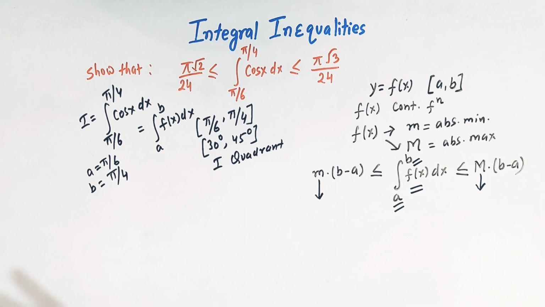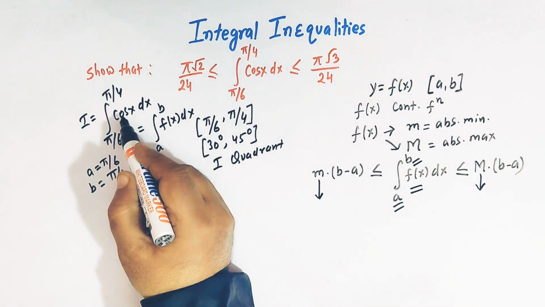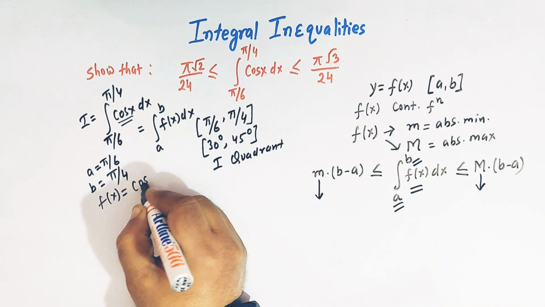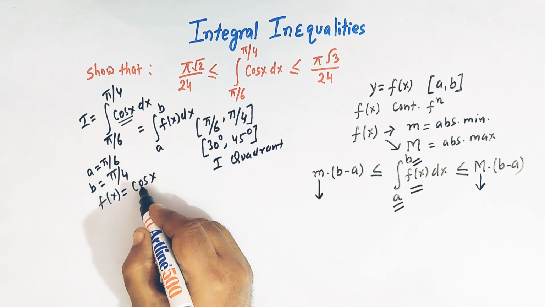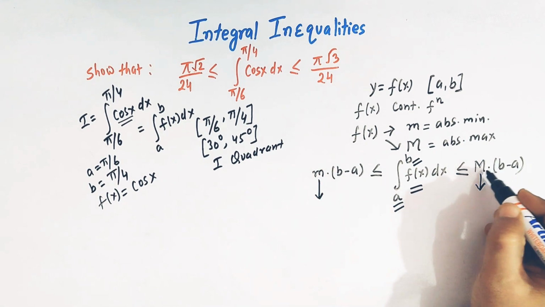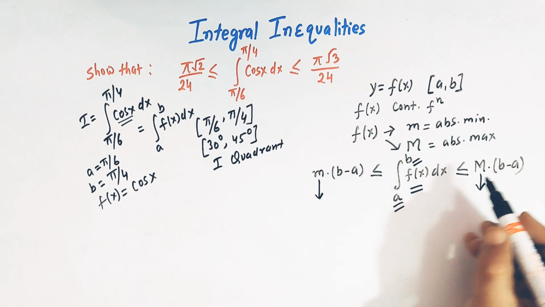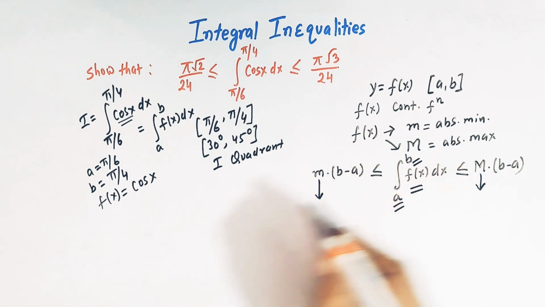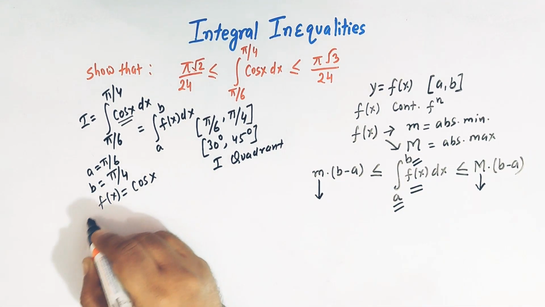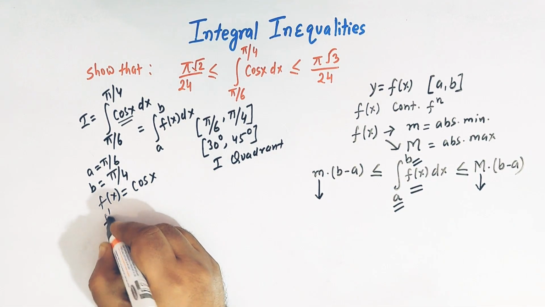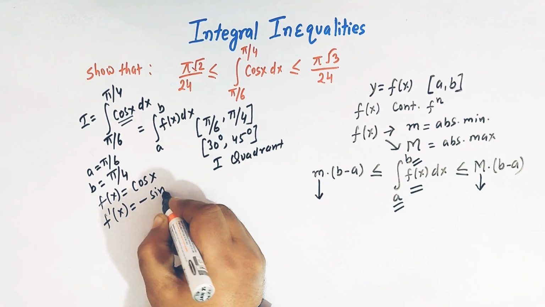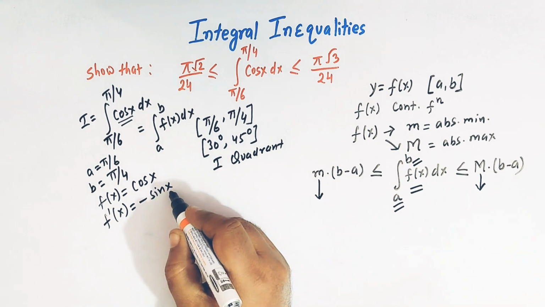फंक्शंस होते हैं वो पॉजिटिव होते हैं, राइट। तो f of x जो होगा वो हमें मिलेगा यहाँ पर cos x। तो चलिए इस फंक्शन के लिए हम जो एब्सोल्यूट मिनिमम है और एब्सोल्यूट मैक्सिमम है, यानी कि स्मॉल m और कैपिटल M जो है, इसकी वैल्यू फाइंड आउट करते हैं। तो चलिए f of x को डिफ्रेंशिएट करते हैं। तो हमें जो डेरिवेटिव मिलेगा f prime of x वो मिलेगा minus sin x, राइट।